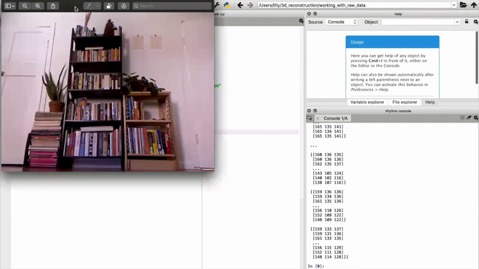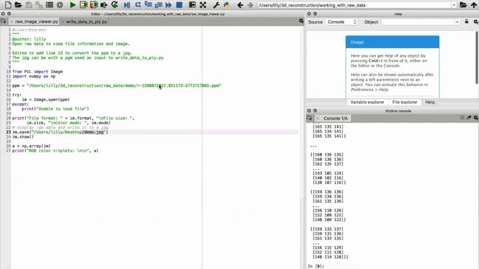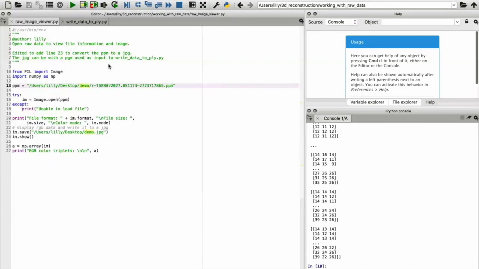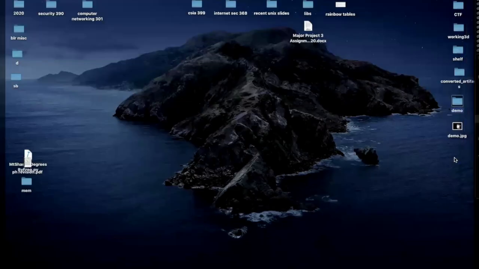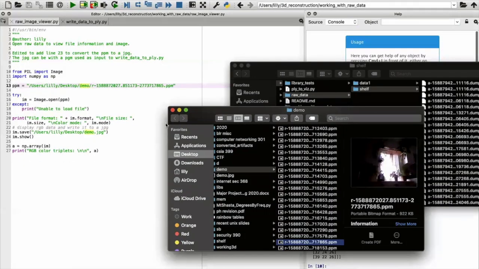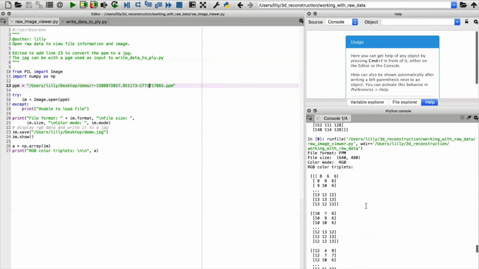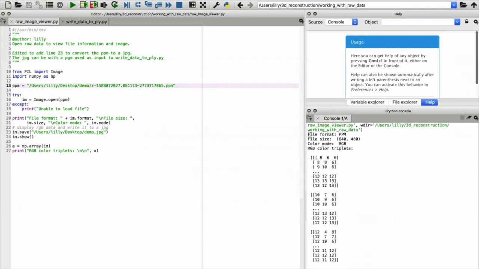Here's how that works. Whoops. That is not the right thing. There we go. So that's the image I just captured, and it's written to my desktop as a JPEG called demo. When I initially made this, I was mostly using it to print out